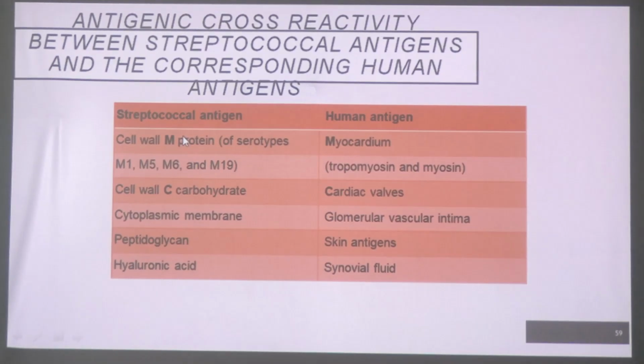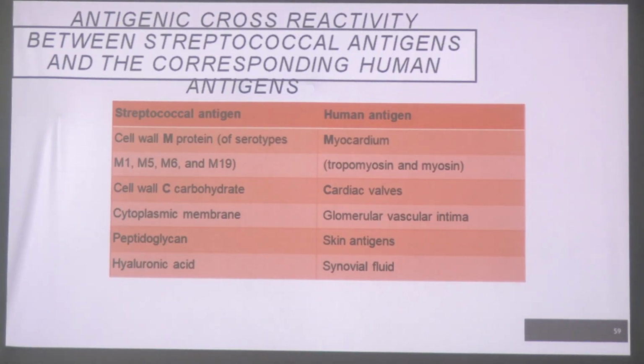Why are there sequelae after streptococcal infections? Because they have cross reactivity between other human antigens. How will you remember this? Cell wall M protein of streptococcus has cross reactivity with the myocardial antigen. And cell wall C, just C, remember C with the cardiac walls. Then others are quite evident, like this one that is found in the joint, it will have cross reactivity with the synovial fluid. What do I mean by this? It means that there will be manifestations in these particular organs.